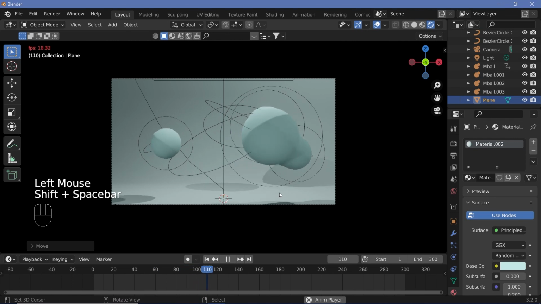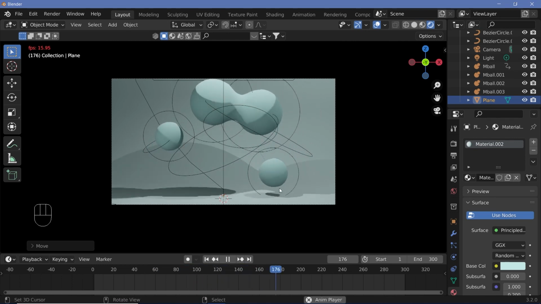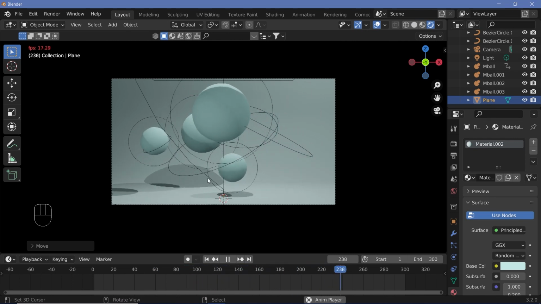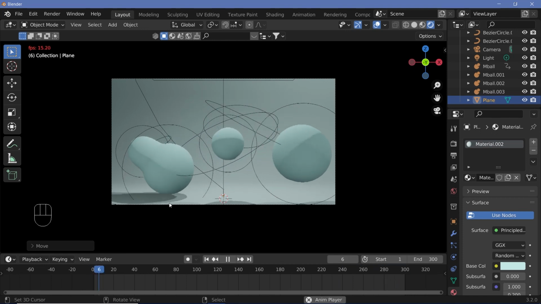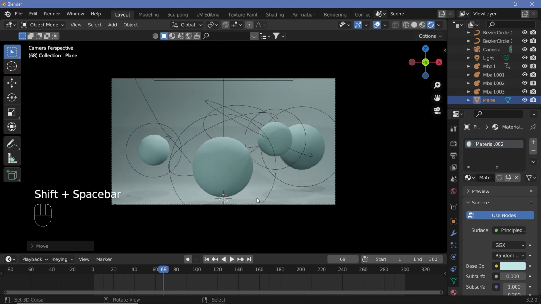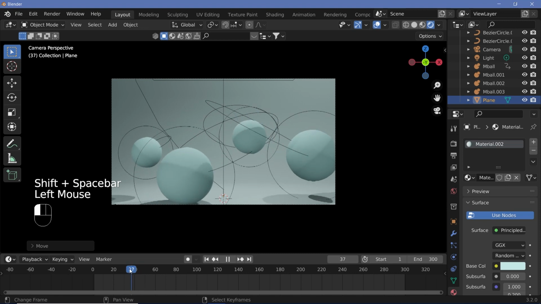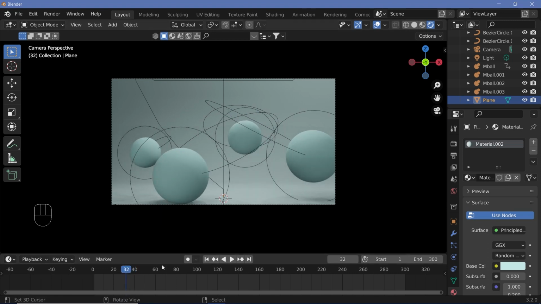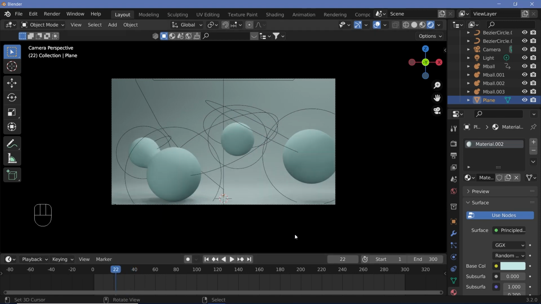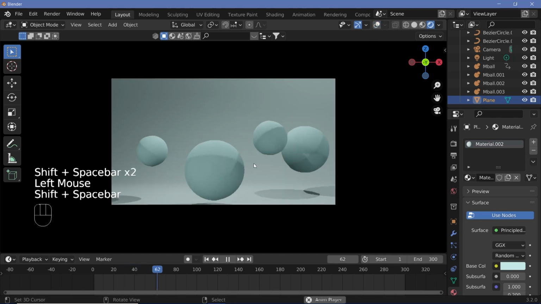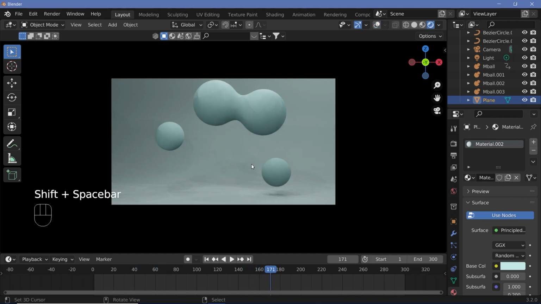So make sure that you don't bring it up so much that your metaballs start clipping into the floor, because they are going very close to the floor like this one. And yeah, as long as it's not clipping, it should be all right. And hopefully there's enough of shadows being formed as well. So that looks perfectly all right from my viewpoint. So I guess that is how you could create a very simple looping